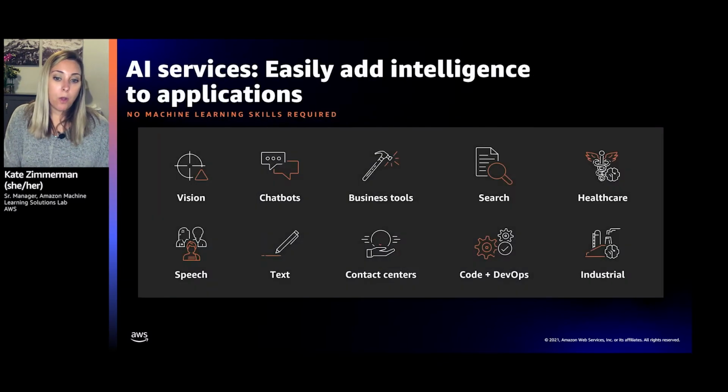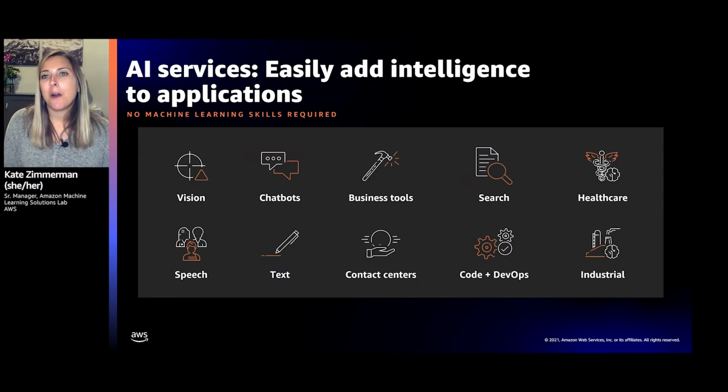But while these cover a very broad range of use cases, so we have AI services for vision, we have AI services for search and healthcare, the primary con here is that you don't have the deep insights into how the models were built and trained. So the pro being it's very frictionless to use, the con being that based on your use case, they may or may not be accessible to your industry or for your data type. And so when that happens, what we recommend is that customers move down into the middle of the stack, which is a little bit of the best of both worlds.